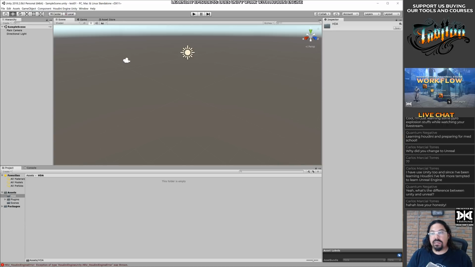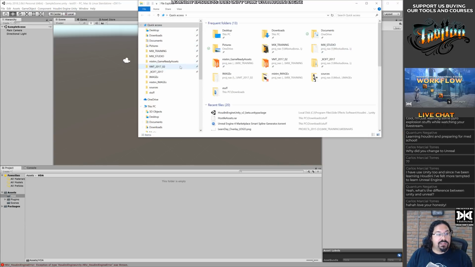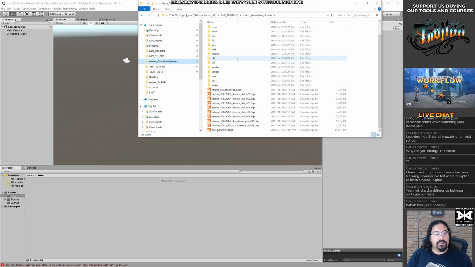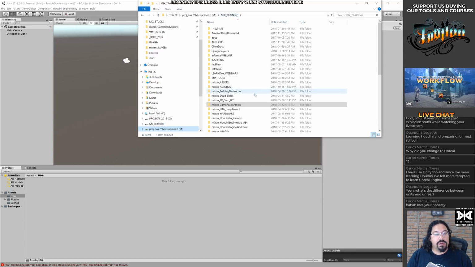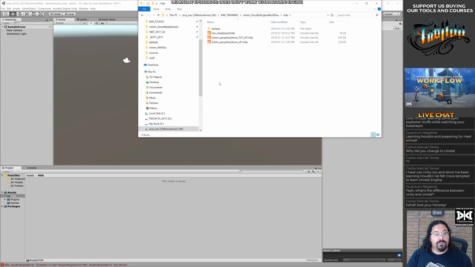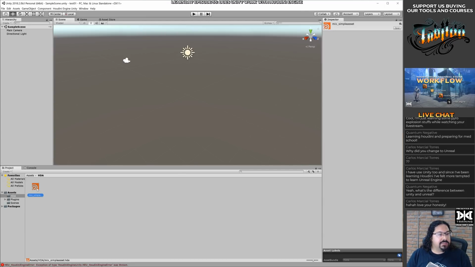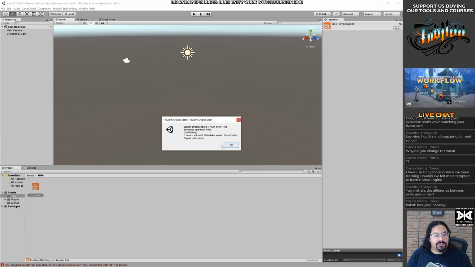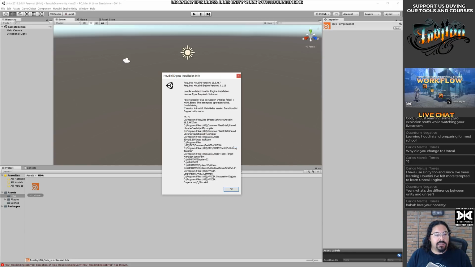Go inside. I should have one here in the Houdini Engine. This should have a simple asset. Yeah, this is one that we do in the Houdini Engine workflow, and this one should work. Okay, this is just very simple. Just testing what's going to happen. Okay, so it's failing on the Houdini thingy.